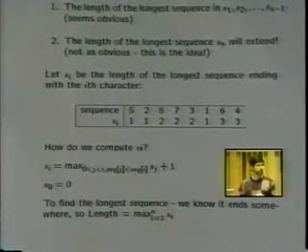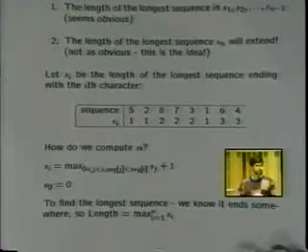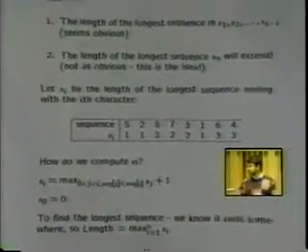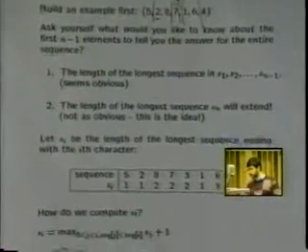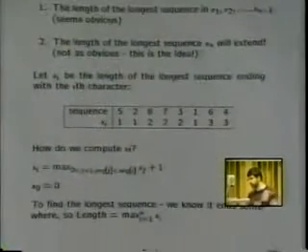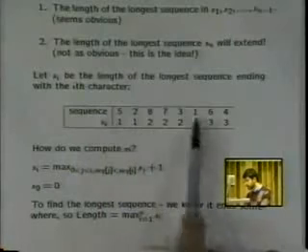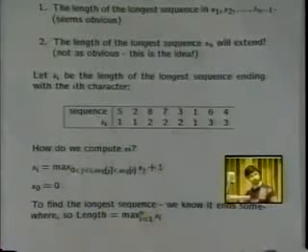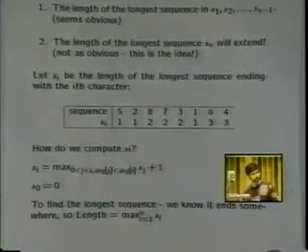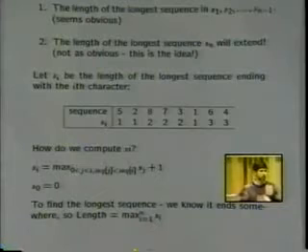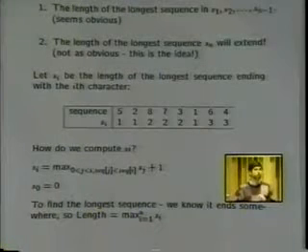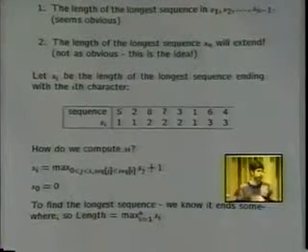Yes? Would it help anything if you sorted those which you had already computed? So the question is, would it help to sort those that I've already computed? One thing with what you're saying is that maybe I don't need to look at all of them. If you're at the 4 at the end, you only have to look at 1, 2, and 3. All the higher ones you don't really have to look at. Right. The truth is that by using a fancy data structure in a clever way, you can actually get this time down to n log n.